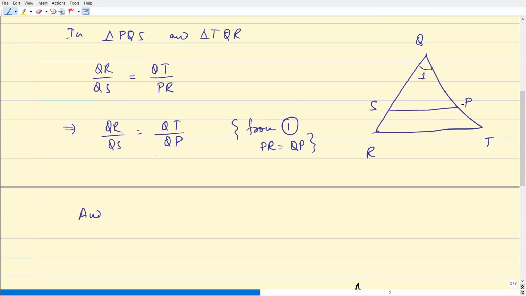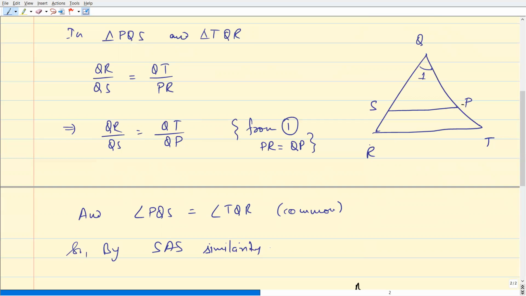What is that angle? How should I write the name? Angle PQS is equal to angle TQR. What is the reason? They are common. So by SAS similarity criteria,